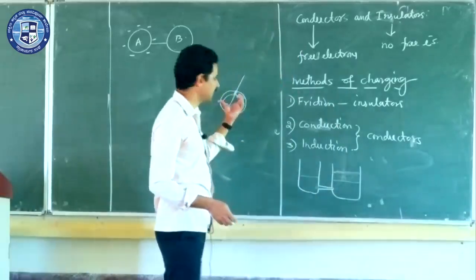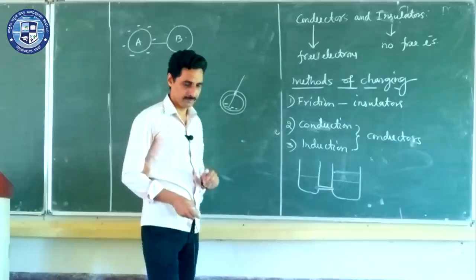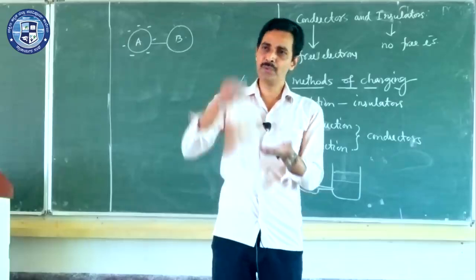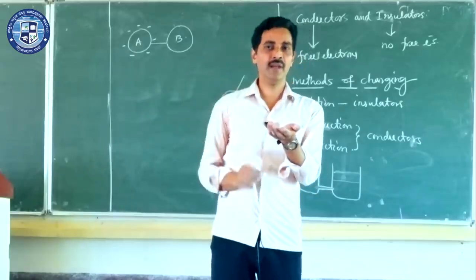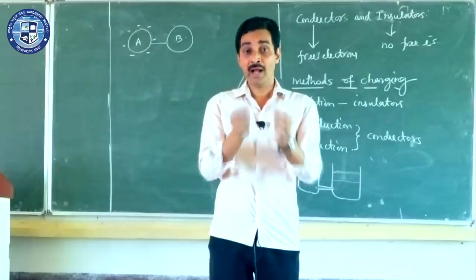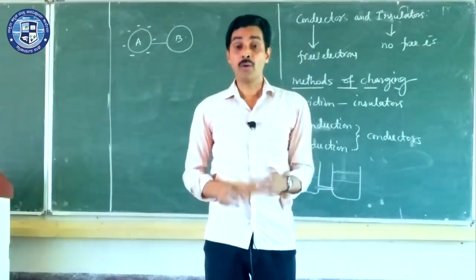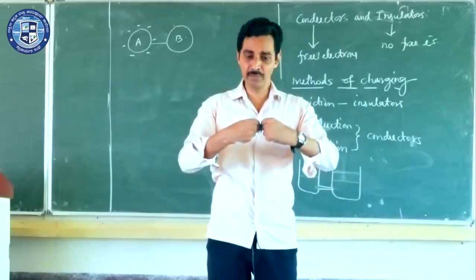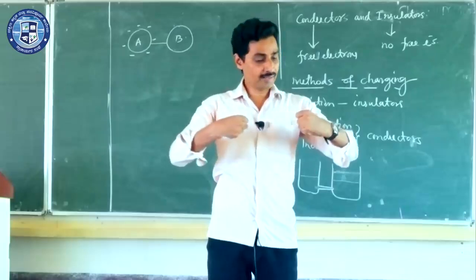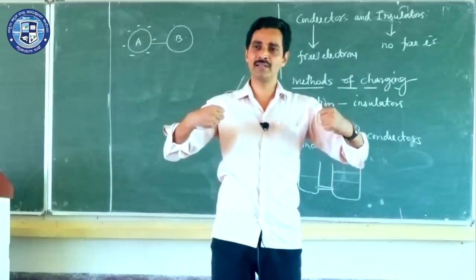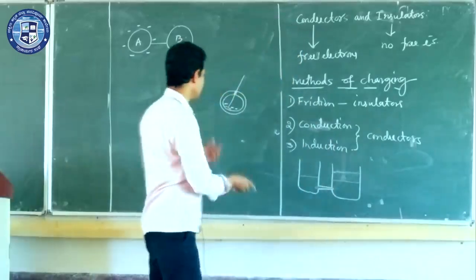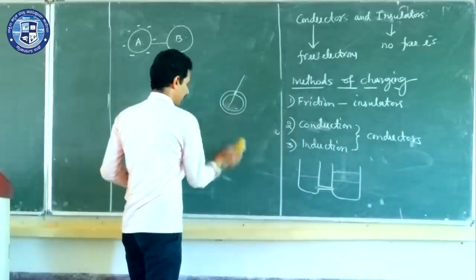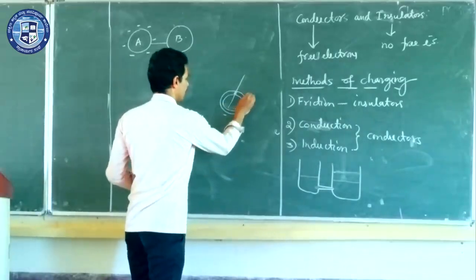Sir, why do they come outside this spherical conductor? Very simple. Electrons repel electrons. Like charges repel. So when you put two electrons over a conductor, definitely these two electrons will start repelling. Over the conductor, charges can move. Conductors allow the charges to move. So when they repel and when they can move, they start moving away, and as they move away, they keep on repelling. And what is the maximum distance at which they can accommodate? That is the outside part of the conductor. And so they come outside.